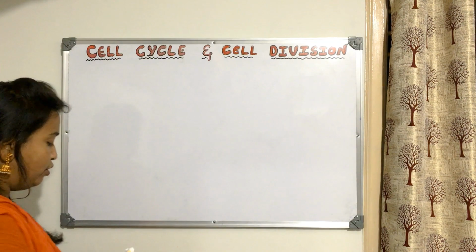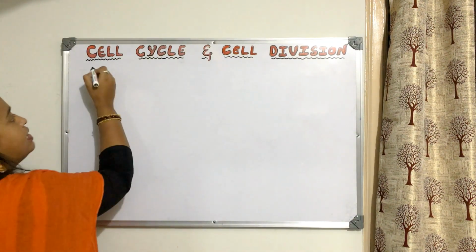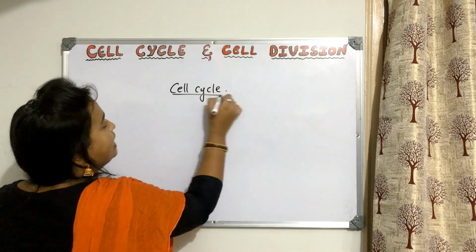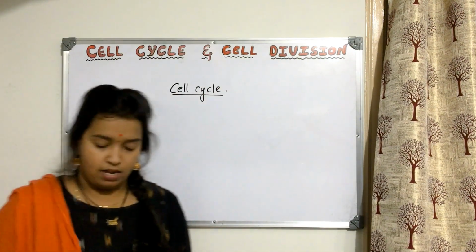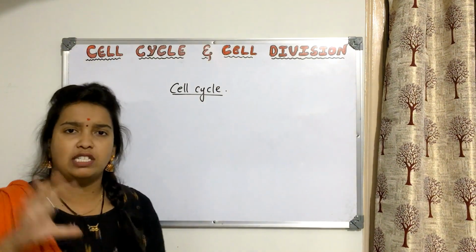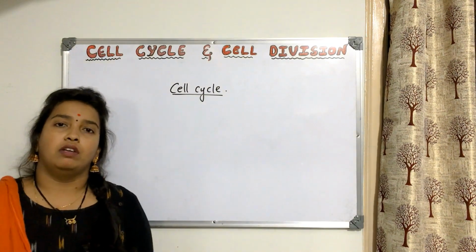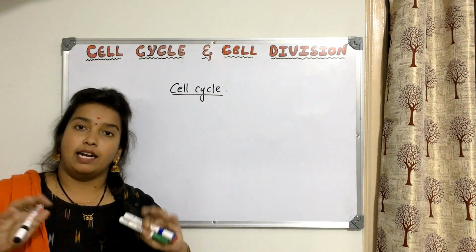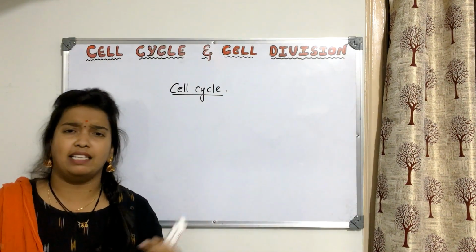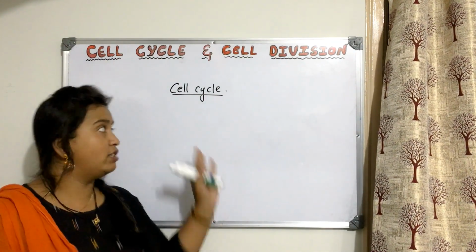Now in this chapter, as you see the heading, it is cell cycle and cell division. So first we need to understand what is this cell cycle, and then we should go for the cell division concept. But what I think is that the cell cycle concept is very much difficult when we compare it to cell division. Students usually think that cell division is a very difficult concept. We don't understand meiosis, mitosis, stages, and all. But what I say is that cell division actually is very easy compared to cell cycle.